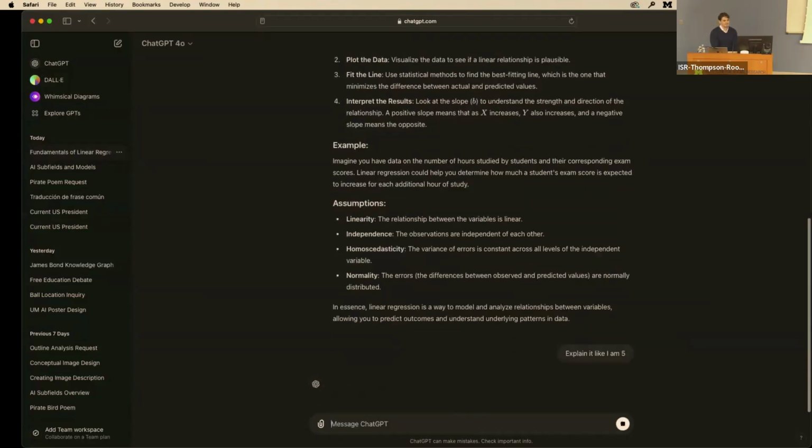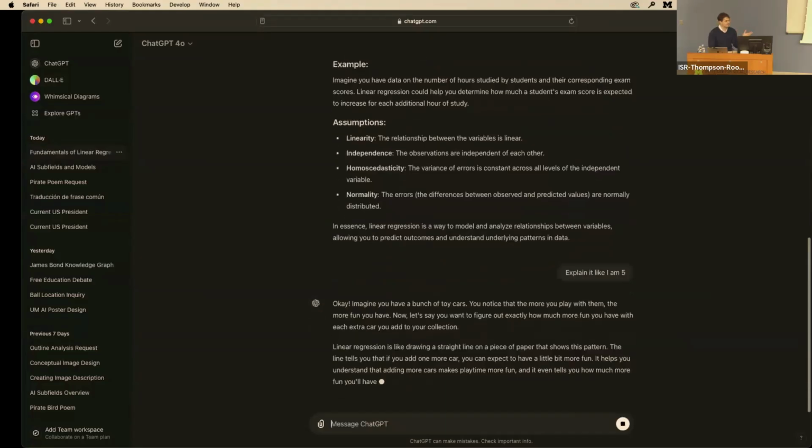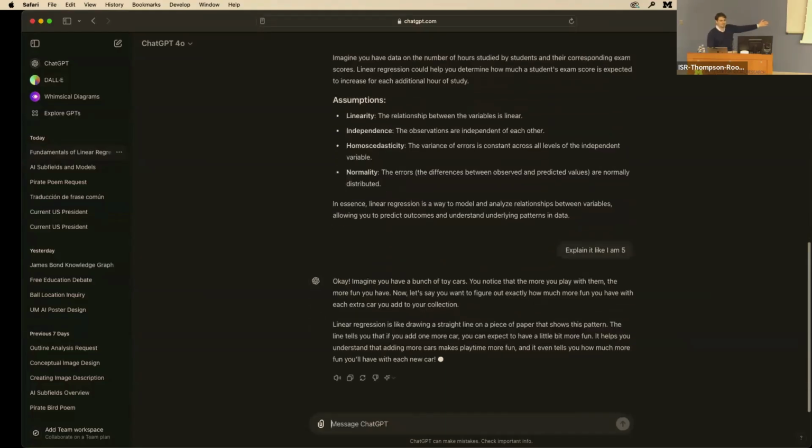One of my favorite follow-ups is explain it like I am 5. What this does is it shifts the output from being pretty textbook to very simple. And I often do this whenever I'm trying to understand a new topic. I'll go, explain to me like I'm 5, like I'm 10, 15, so on, until I get to graduate level. So this is a really good way of showing how prompts can adapt to you, how you can maybe look for more information, or you could even provide it with new things.